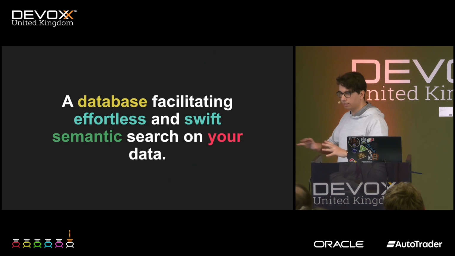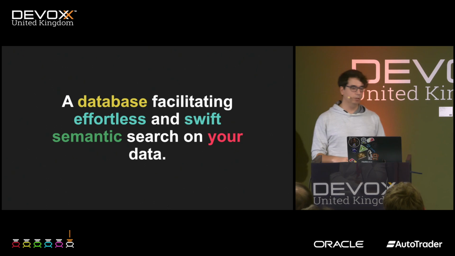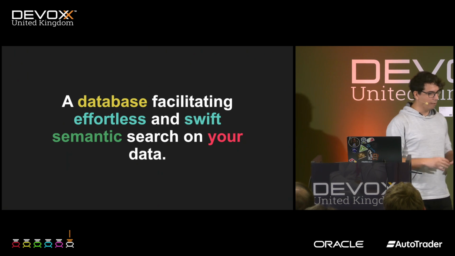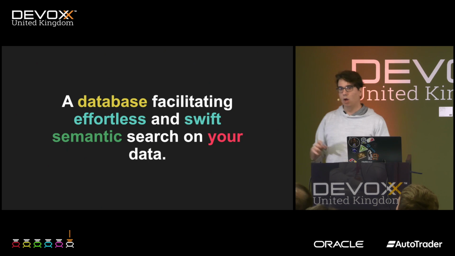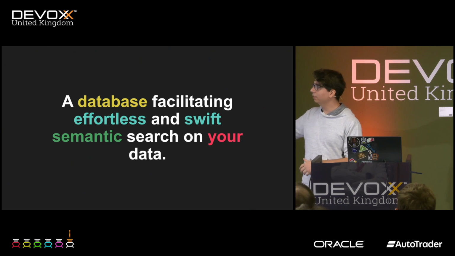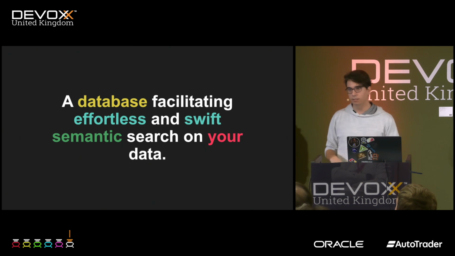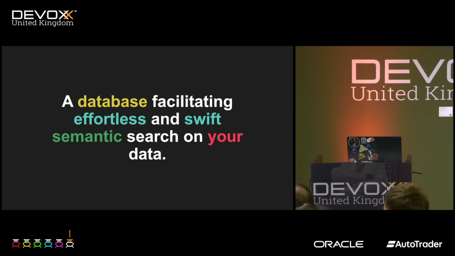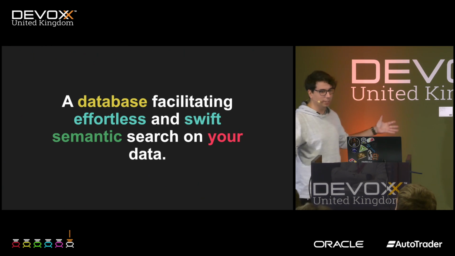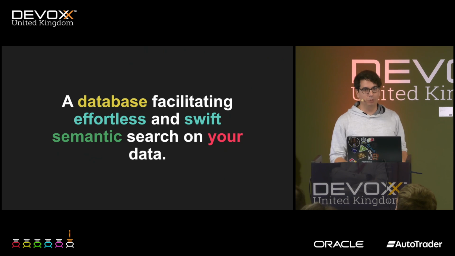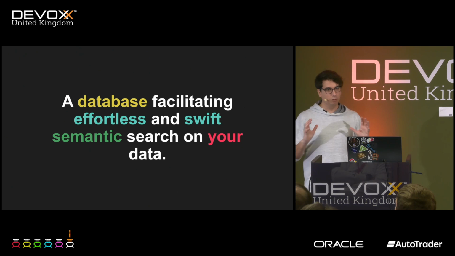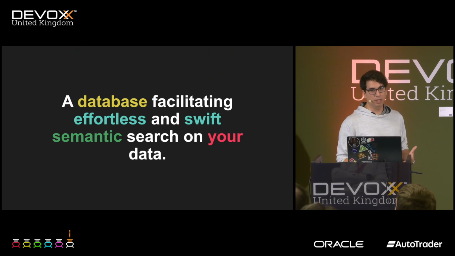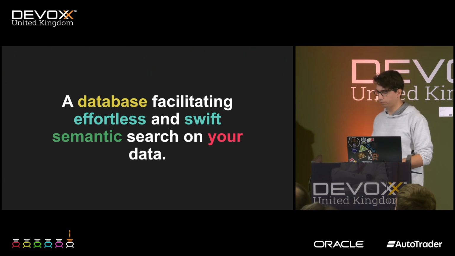All right. Let's say there's this tech illiterate project manager coming to you and is like, hey, I keep hearing about vector databases. Everybody's talking about vector databases. What is the answer I would give? And that is this: it's a database that facilitates effortless and swift semantic searching of data. Semantic here being the keyword, of course, because if you want effortless and swift search on your data, you probably would use Elastic or maybe your own implementation or just a relational database. But if you really need semantic search, then you can think about using vector databases.